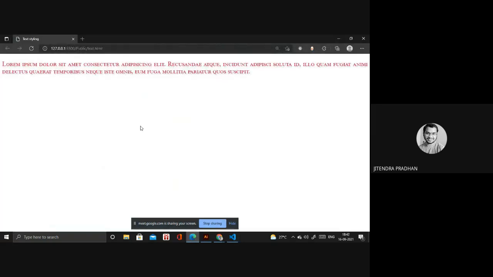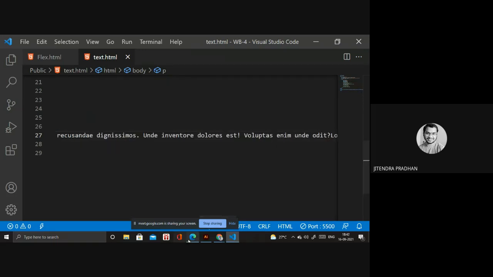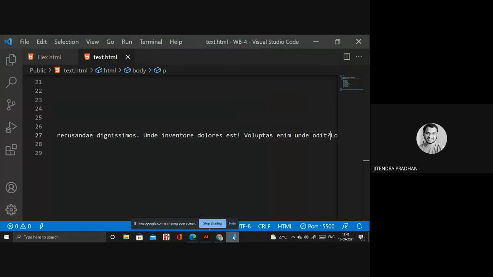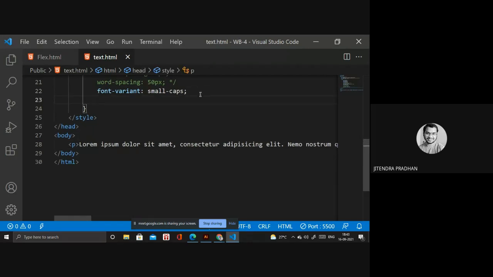Okay, so next we have to go to text indent. If I write some text inside it, lorem 50. Yeah. I want that line to start from that particular position. So at that time we use text indent.